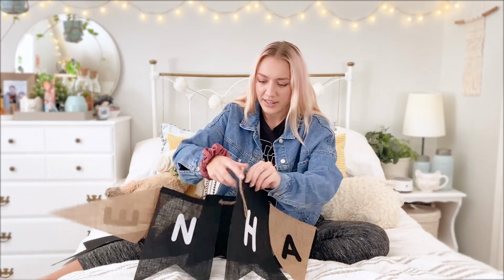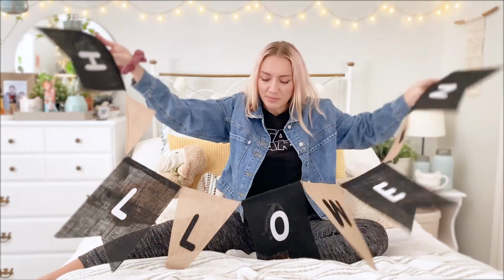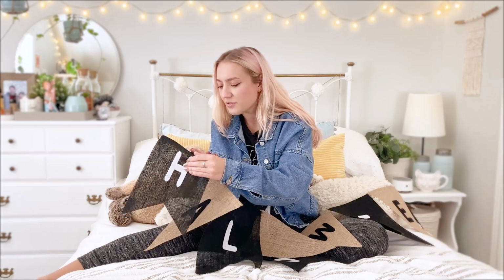Okay, let's flip it around. There we go. I don't know if it's all in frame, but it says Halloween. And it's really cute. It's just made on this thick burlap material, and then there's some little felt letters on here. It's kind of starting to fall apart, like the felt letters are starting to pop off a little bit, but